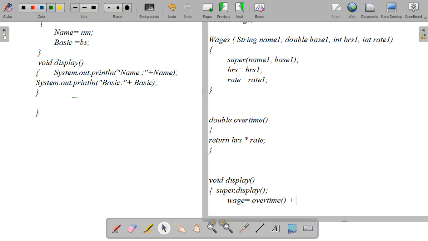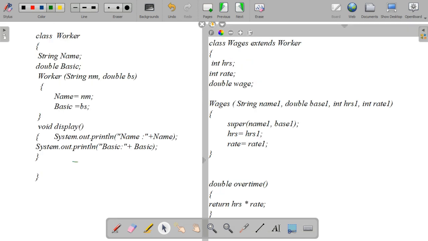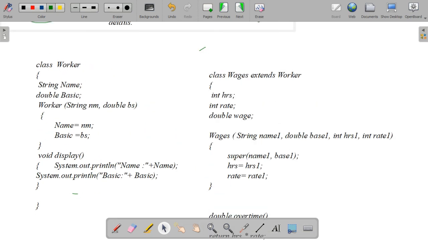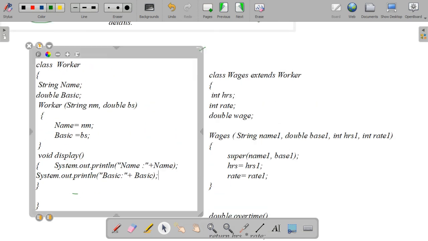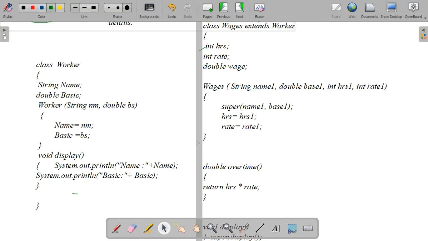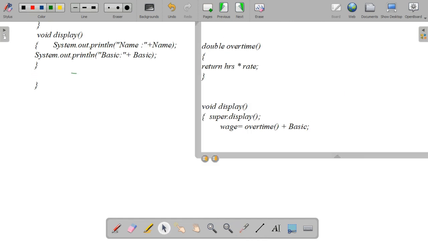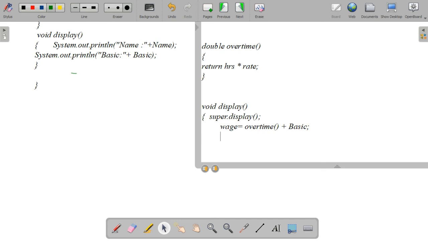Wage equal to overtime amount. So we just call the method here, overtime of, this is a method we are calling, plus the basic. Basic is the variable, we have to pass it. Then you need to print all the values, all the things we need to display. Okay, Control C, here I am just giving.